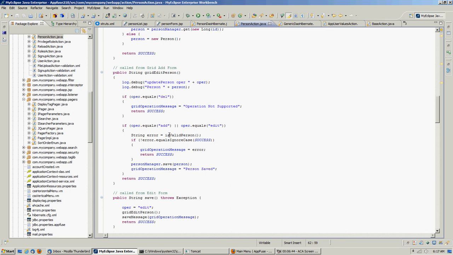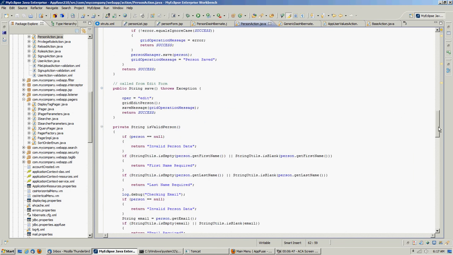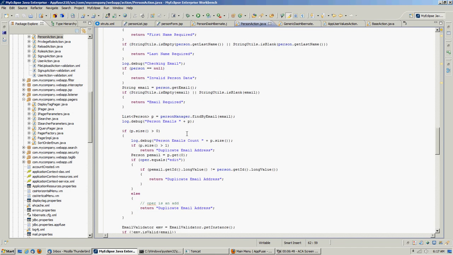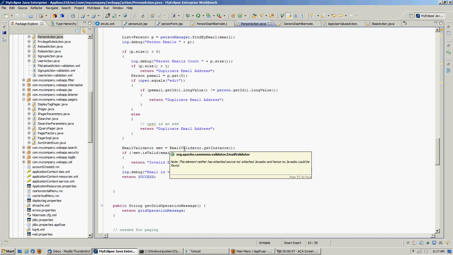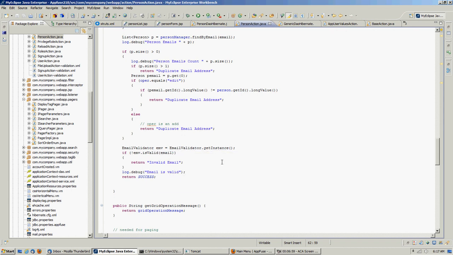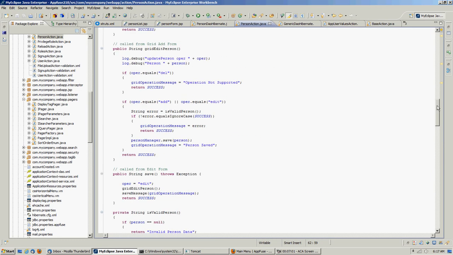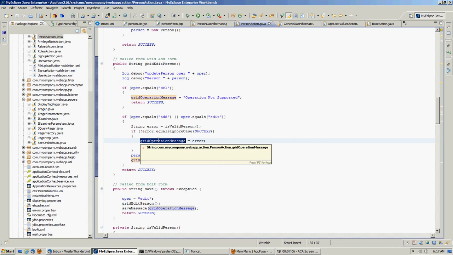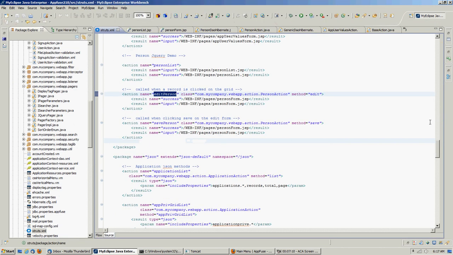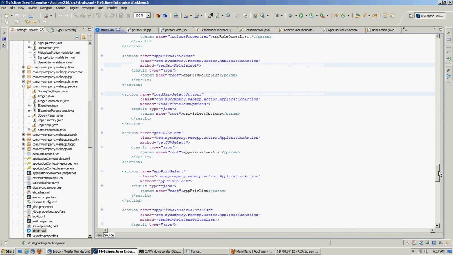So when we add a record, we're calling the validate person, and validate person is running, and then it's checking for duplicate email, and we saw you get a duplicate. And here we got an invalid email from our Commons Apache validator, and that sent back the message. Now what we're doing here is, if we get an error message back and we don't get success, we're setting the grid operation message. Okay, and in our struts class, when we get the error back,